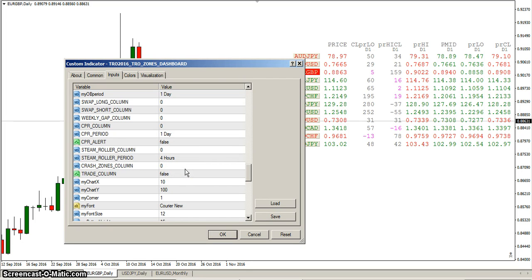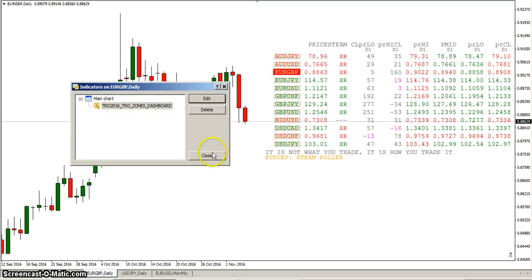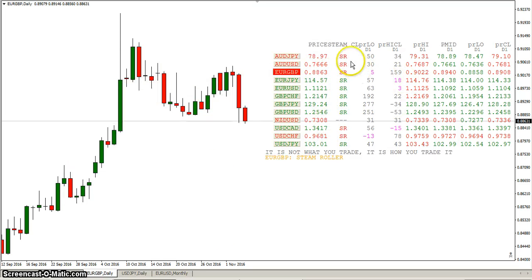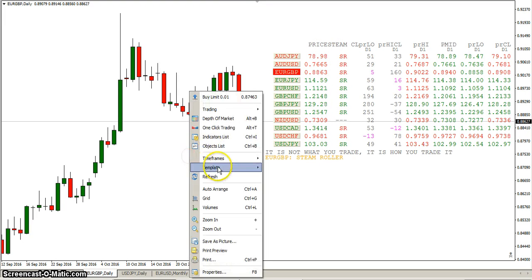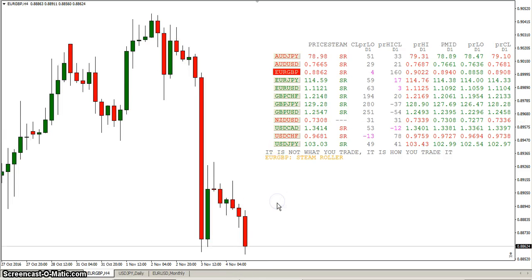I call it the steamroller column. Okay. Let's put this here, column 10. What in the world is steamroller? Okay. Now, I believe I had it set as a H4. Maybe I need to put that out there for steam. Looks like I need to add a space too. Okay, if we switch the time frame to H4,